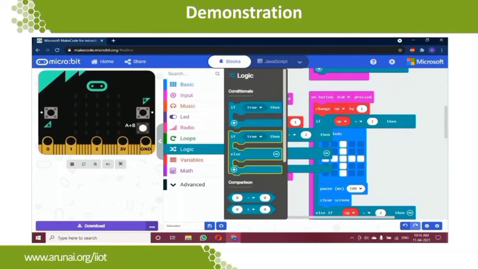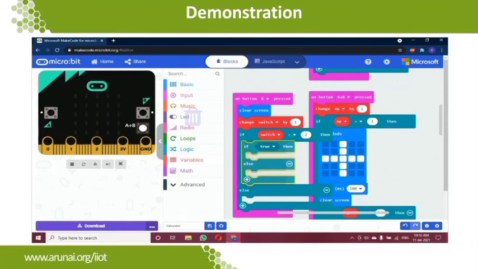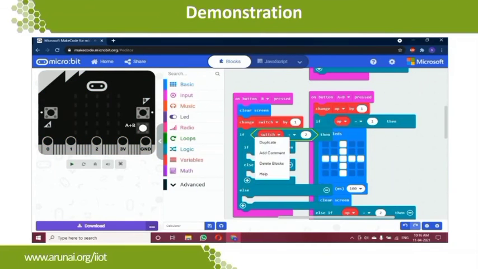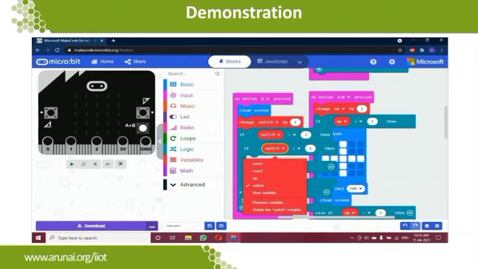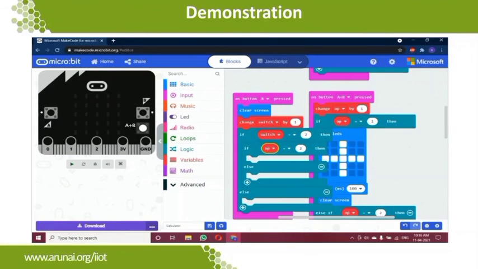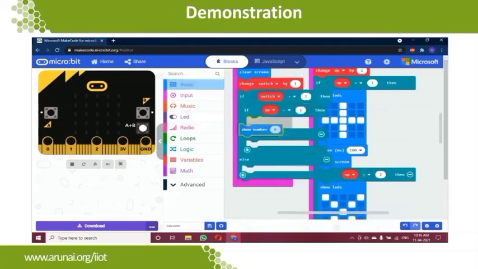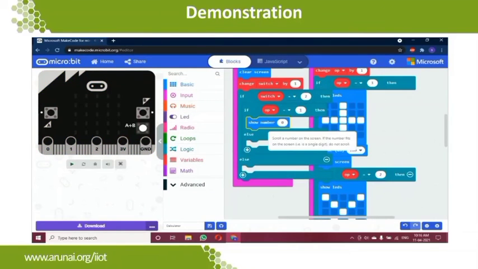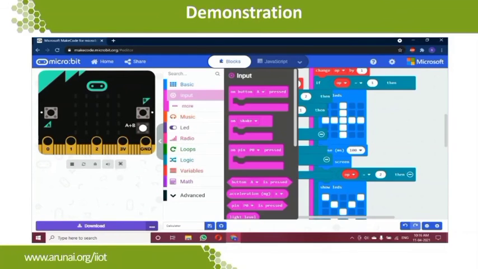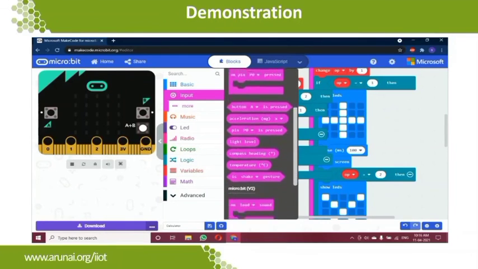Second function is given with if else block. So we can use if else, that is nested blocks as well, or we can use if else if. It depends on our conditions. So whichever we want we can use. First in if block I'm checking the switch values. That is, we are having 3 switch values. First is 0. If switch is 0, we are going to initialize number 1, right? If switch is number 1, then we are going to initialize number 2. And if switch value is number 2, we are going to get the results, right? So this is our function.